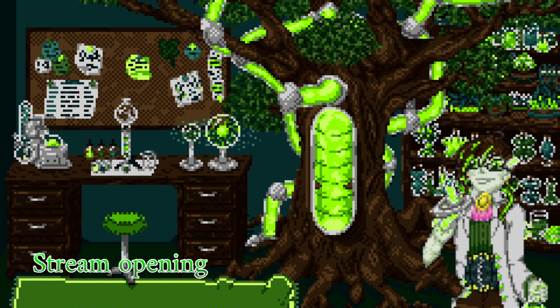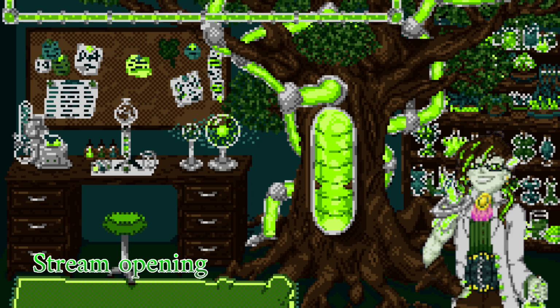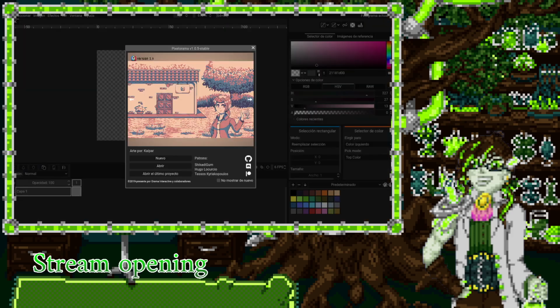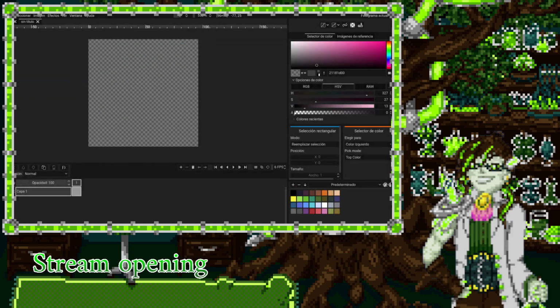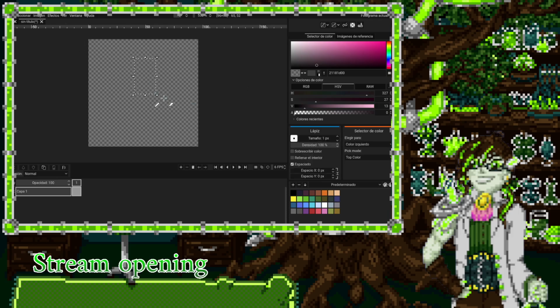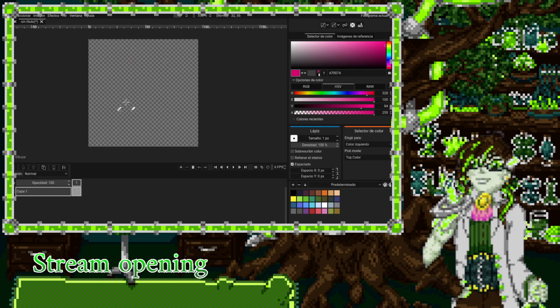Let's put some music and let's open my thingy. Give me a new canvas in this size because this is my size of preference. It's not my size of preference, it's the size that I have to work on for it to be Fakemon style. Why don't I have any color? Oh, because I didn't have any color selected. Anyways,